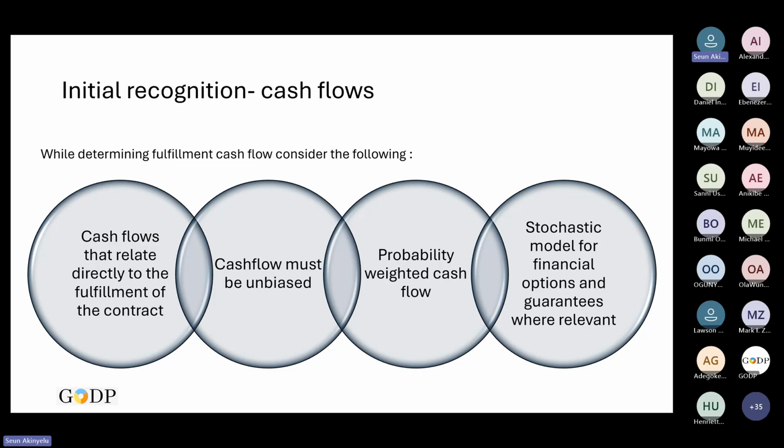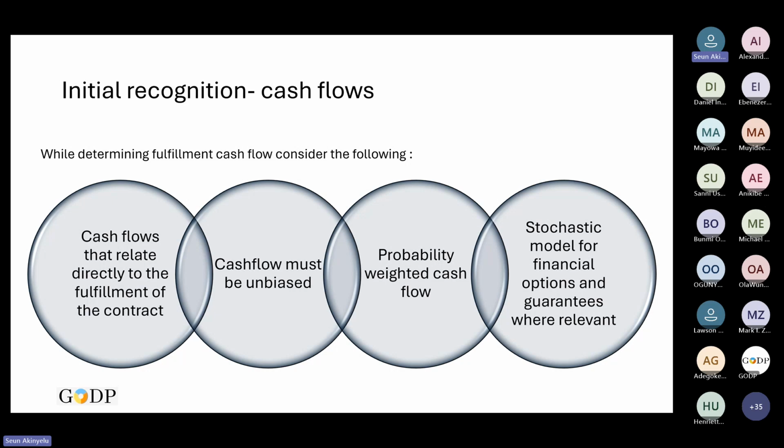When we are looking at the fulfillment cash flow, remember that those cash flows must be directly related to the fulfillment of the contracts. Remember that the way to do this under IFRS 17 is to aggregate. So you are aggregating, for example, based on portfolio. Then under portfolio, you are breaking them down into contracts that are onerous at initial recognition, contracts that have the probability of being onerous, and others. Each of these groupings is what you bring together to calculate the insurance liability or asset. To calculate that, remember, it is the fulfillment cash flow plus the contractual service margin.